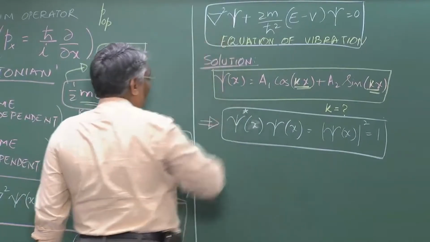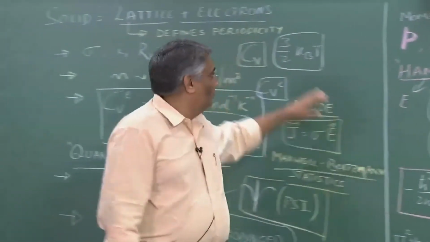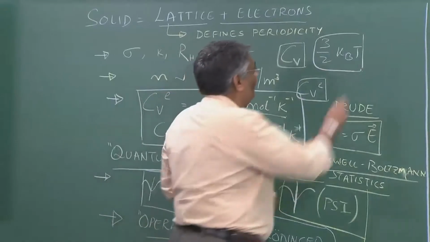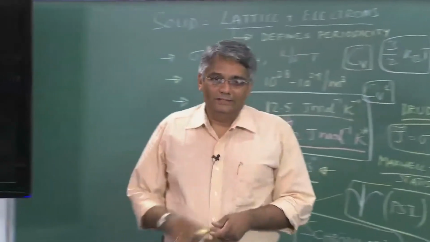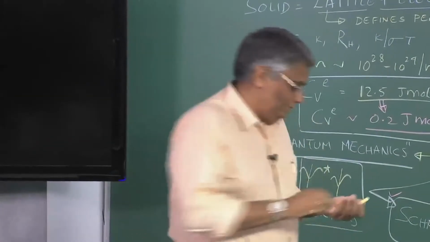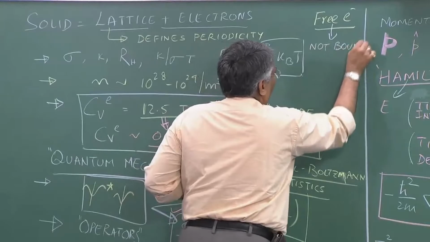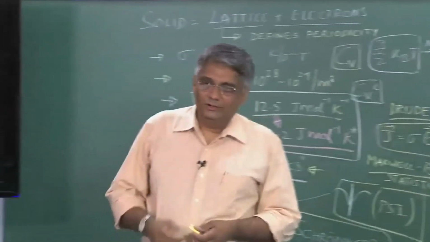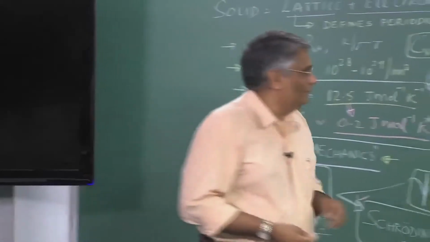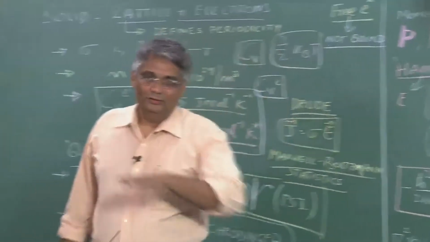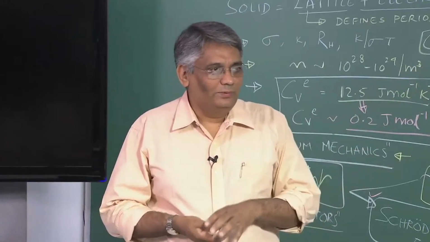Now, let us say the electron is moving in the solid, propagating in the solid, and since we consider it as a free electron, it is not bound by anything. So this is not bound. So there are no boundary conditions to impose on the movement of the electron in a solid. That means the electron does not experience any potential at any point during its propagation in the solid.